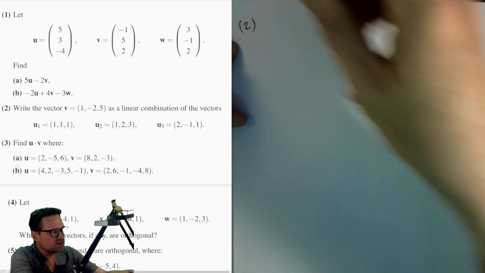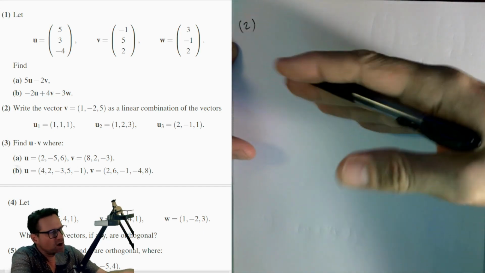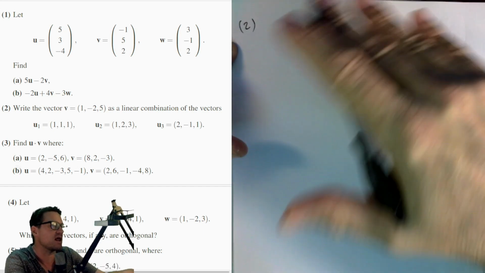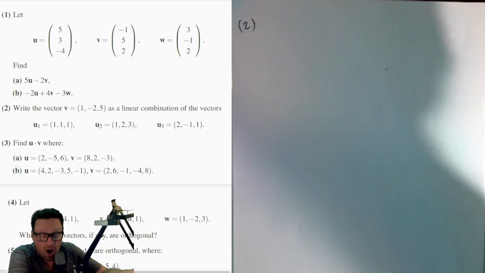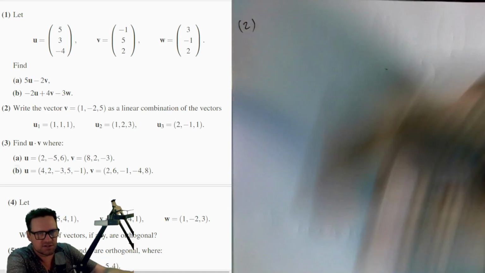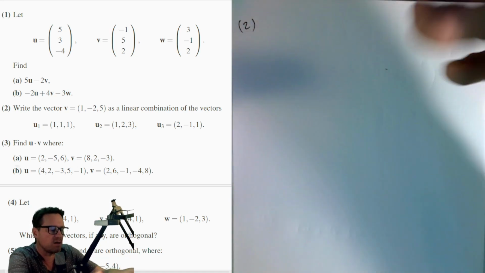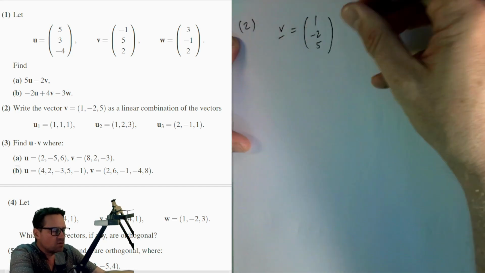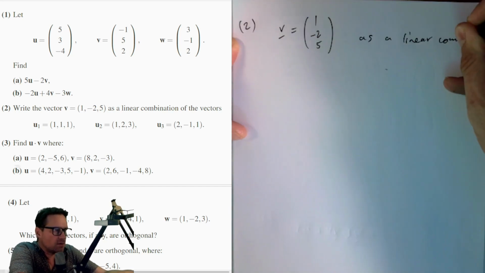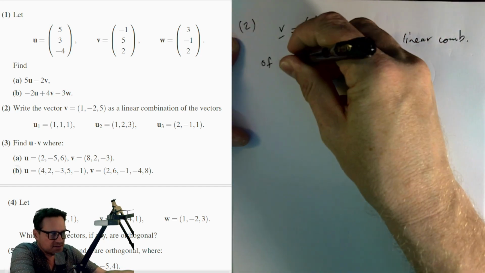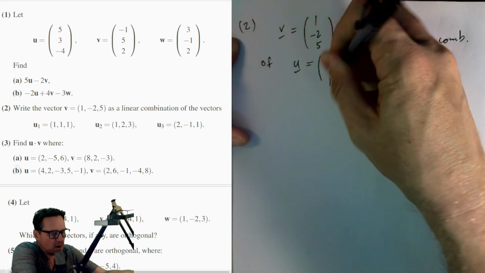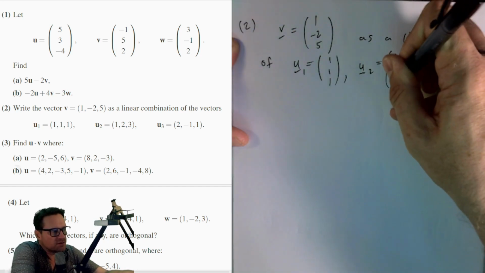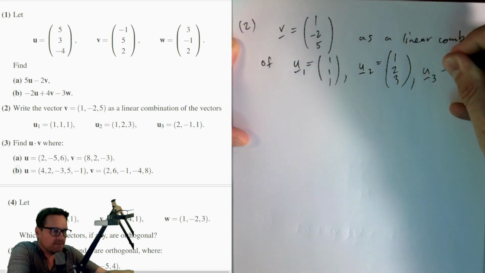So question 2 says write the vector, and now I'm going to write these as a column. You can see that they're written as a row just because it saves vertical space on the page when I type it up, but I'm going to write it as a column. So (1, -2, 5). Write this as a linear combination of the vectors u1 = (1, 1, 1), u2 = (1, 2, 3), and u3 = (2,